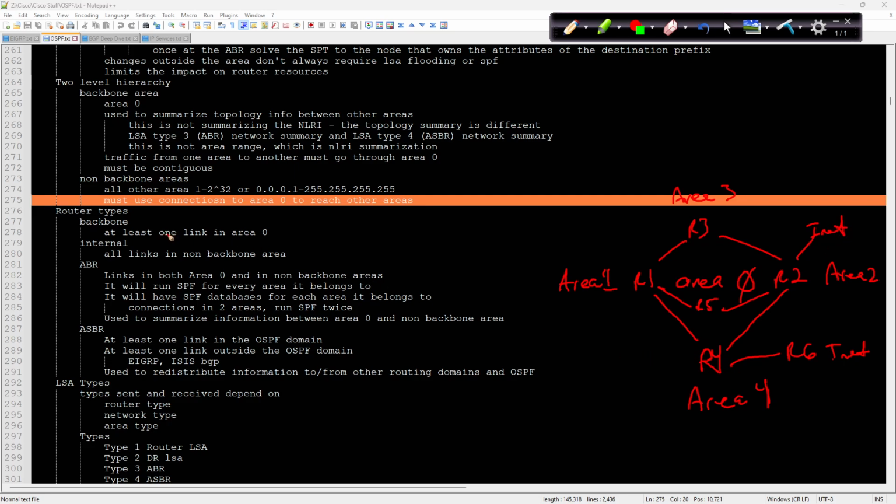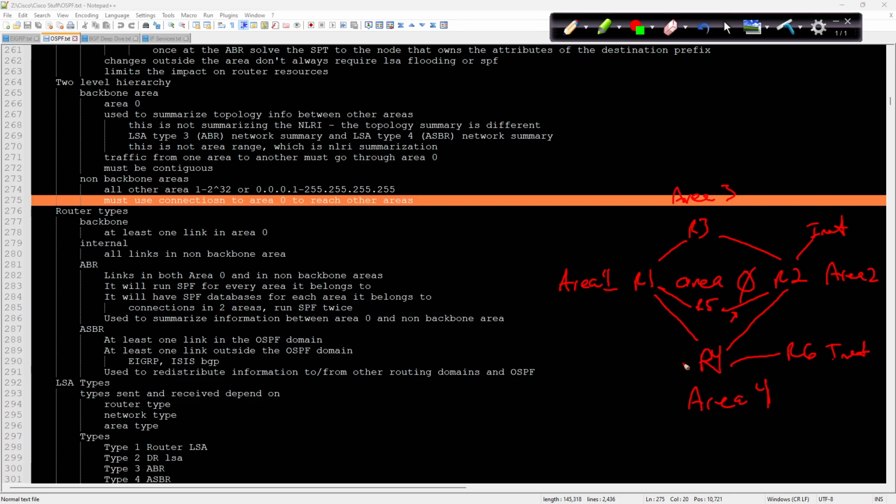So the backbone, when it comes to router types, is at least one link in area 0. Boom. Problem solved. That's a backbone router. Technically, every router here, R1, R2, R3, R4, R5, are all considered backbone routers because they all have at least one interface inside of area 0. An internal router